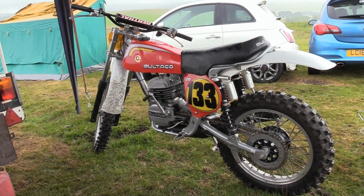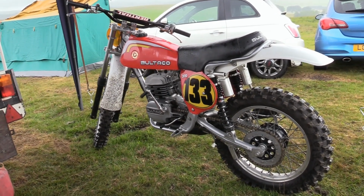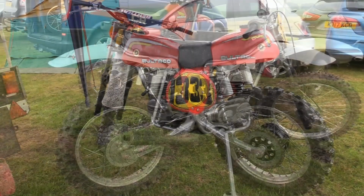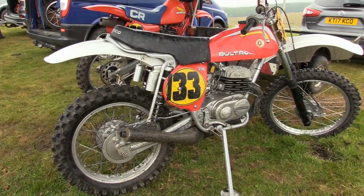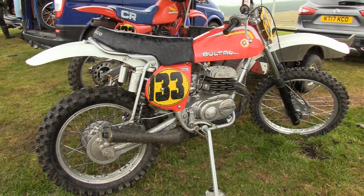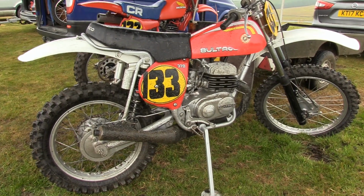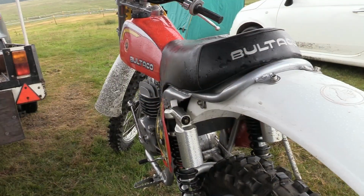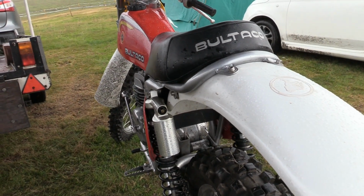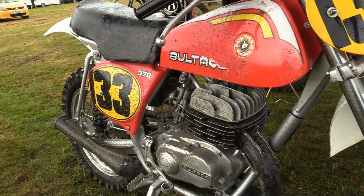Okay, our next bike is another nice looking 370 Spanish Bultaco. Now I'm not really sure who actually owned this bike on the day, but it's still good to see these old Spanish Bultos still being used at vintage race events because they're getting a bit rarer to see these days, and going by the mud and dirt on this particular bike, the owner seems to have already had a bit of an impromptu practice prior to taking part in this Lockerbie event, and these clips were filmed very early in the morning,